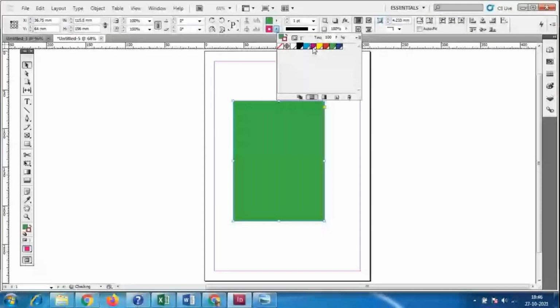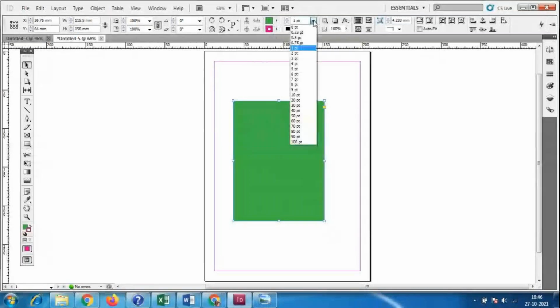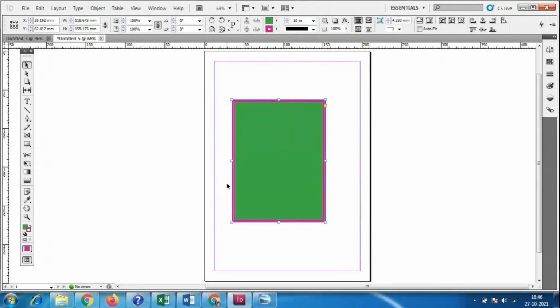So when we select this one, we have given this pink color stroke. How can you see the pink color stroke? While increasing the thickness of the outline, here it is 1 point, so a very thin outline will be there. If I increase it more, then only you can see the outline. So when we increase the thickness, then only is it possible to see the outline color. Like that, we can change the outline color, and we have to select it.